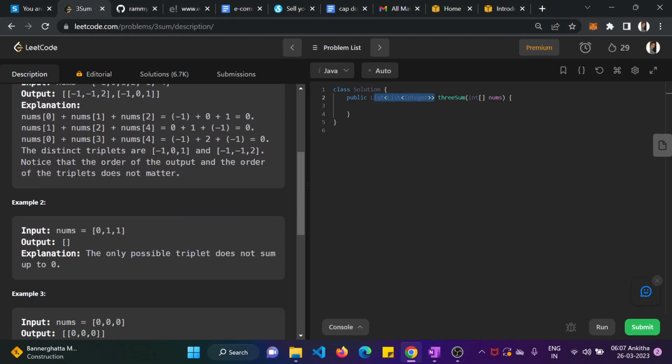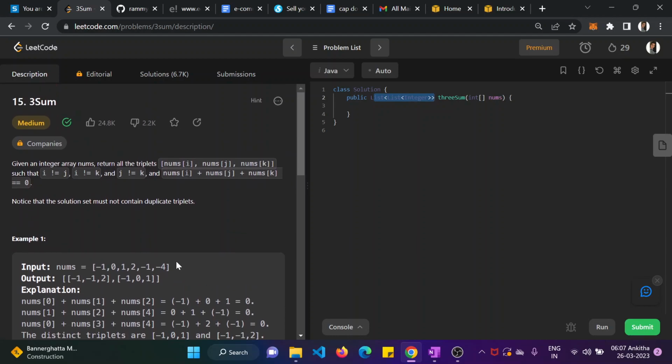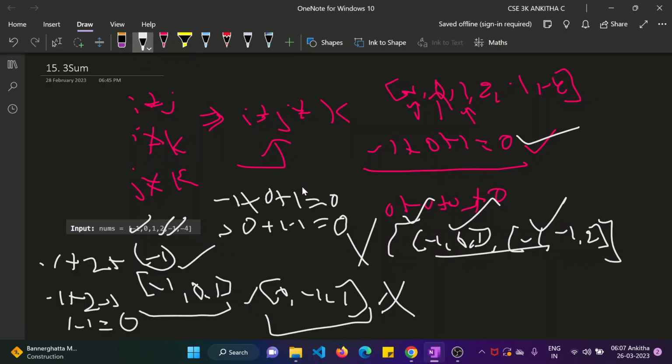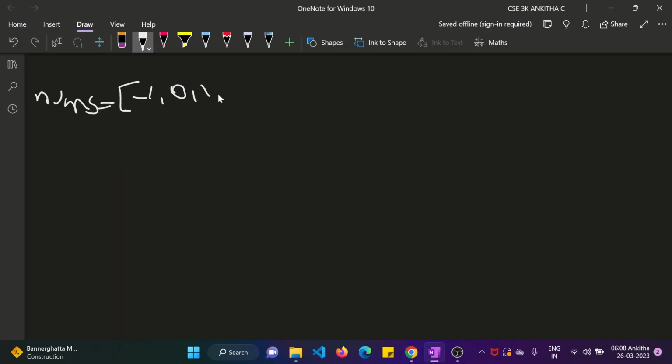So fine. Now let's see how we solve this problem. Let me take the same example. I'll just move down. So the given array is nothing but nums, equal to minus 1, 0, 1, 2, minus 1 and minus 4. Since they have told you should not take any duplicate elements in the resultant list,